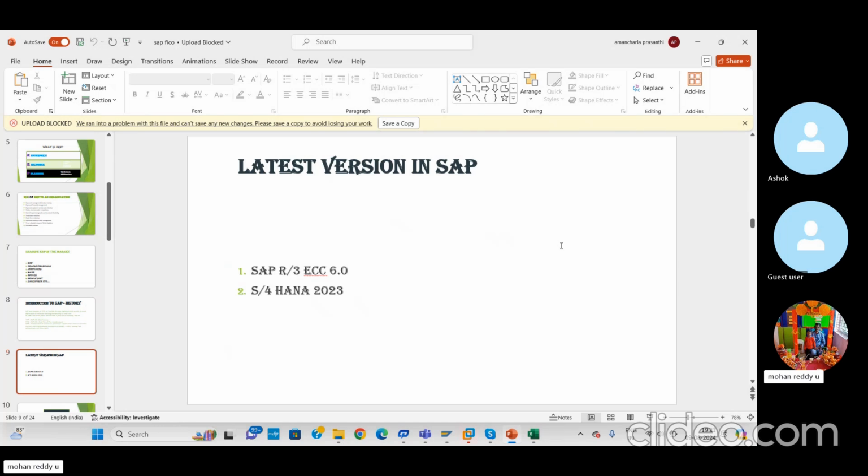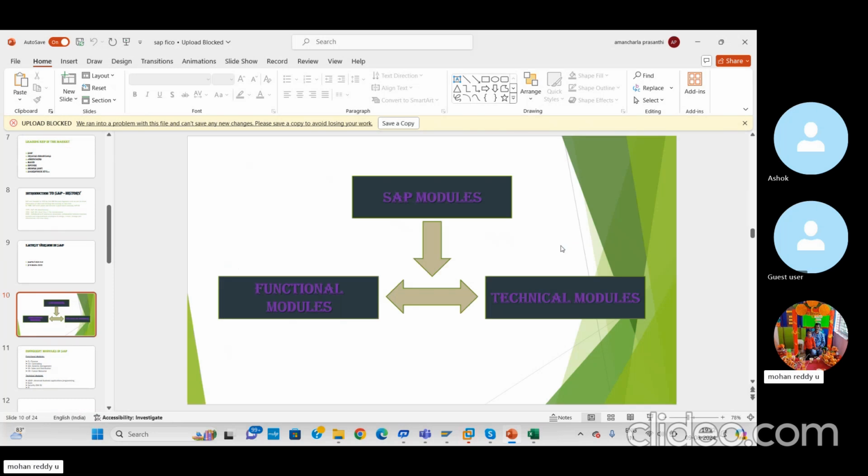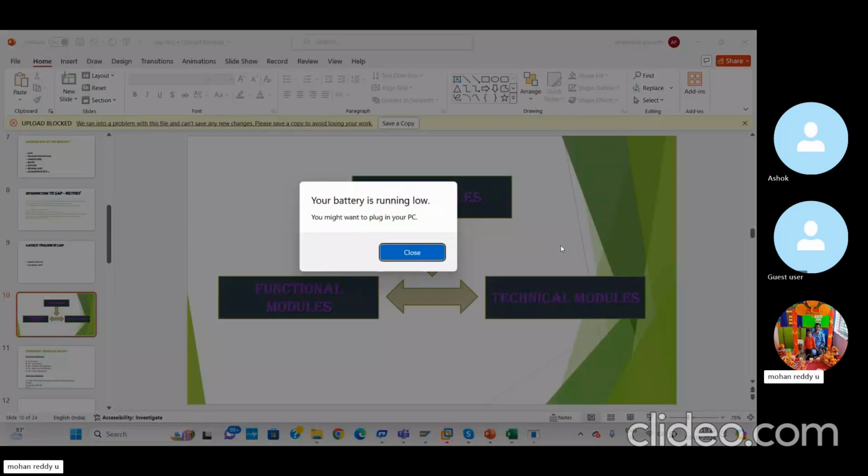But now ECC will be closed. SAP officially announced that in the coming 2027-28 they will completely close the ECC server. For that purpose, most new business clients now prefer HANA only. Do you understand, guys? Yes, yeah. So in SAP, mostly